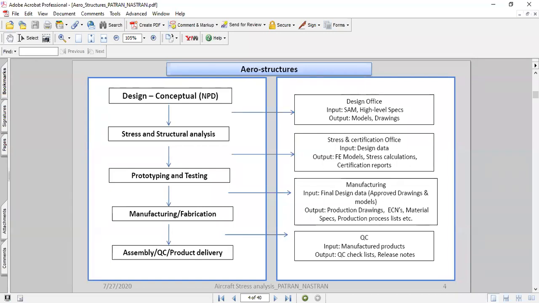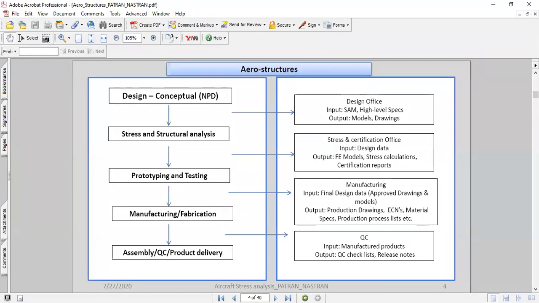Once the analysis is done, the stress reports have been certified, the prototype has been developed, and it has been tested in the test house, they prepare the test results report and compare it against the stress calculations, the FEA.